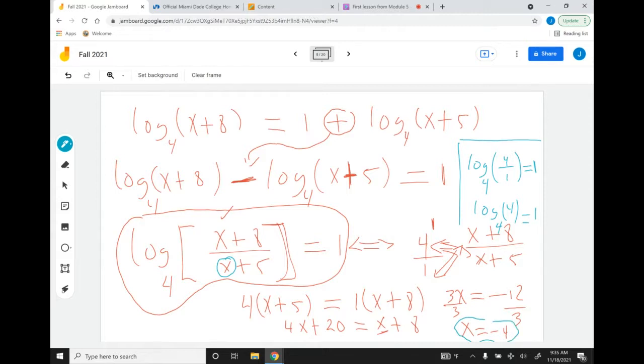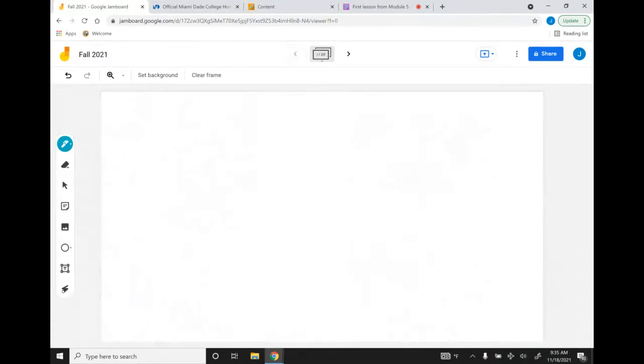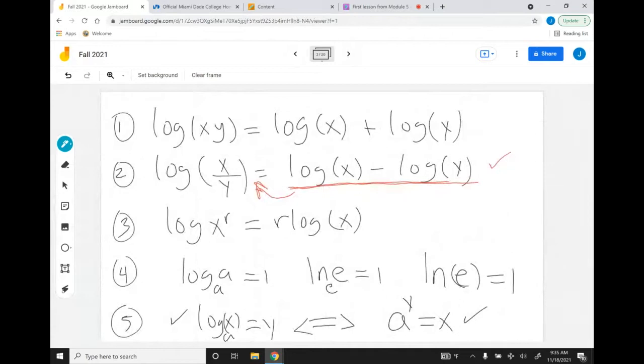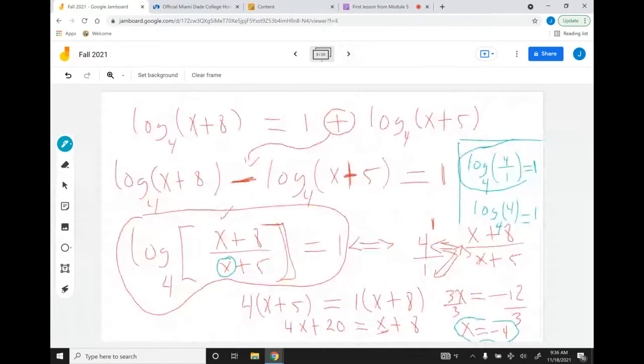Now, where did this come from? This idea that log of 4 base 4 is 1. Let me show you where it comes from. It comes from here. You see this? Log of a base a is 1. Okay? All right. So that was a little bit messy, but there you have it. And the nice thing about the recording is that you can watch this again and you can figure this out. Okay? All right. Now let's do